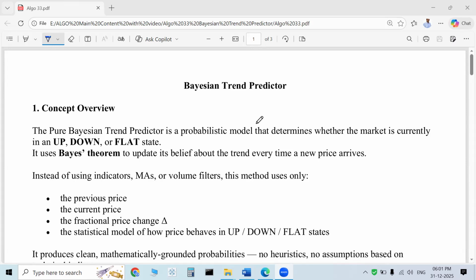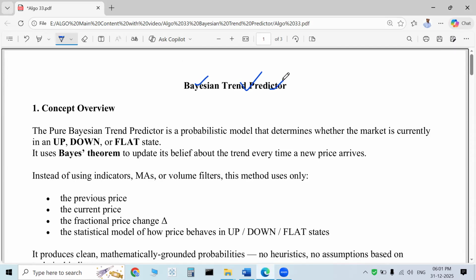Today we are going to discuss an algo technique which is based on the Bayesian Trend Predictor. This method is going to tell us whether the market is moving up, moving down, or is flat. So we are going to find out the trend, and that too the prediction of the trend from the price